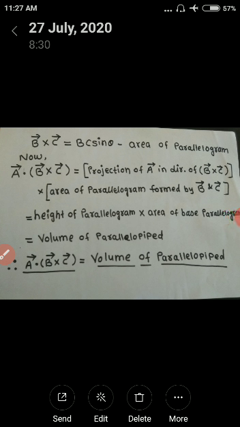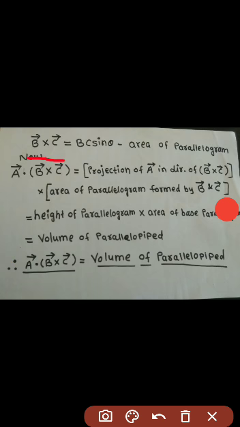Now, the magnitude of the product of B and C, that is BC sin theta, is the area of that parallelogram. If you see in the figure, vector B and vector C are the sides of the base of the parallelogram, and therefore vector B cross vector C, giving BC sin theta, is nothing but the area of that parallelogram. Now, when we are studying the interesting property of the scalar triple product, we can say